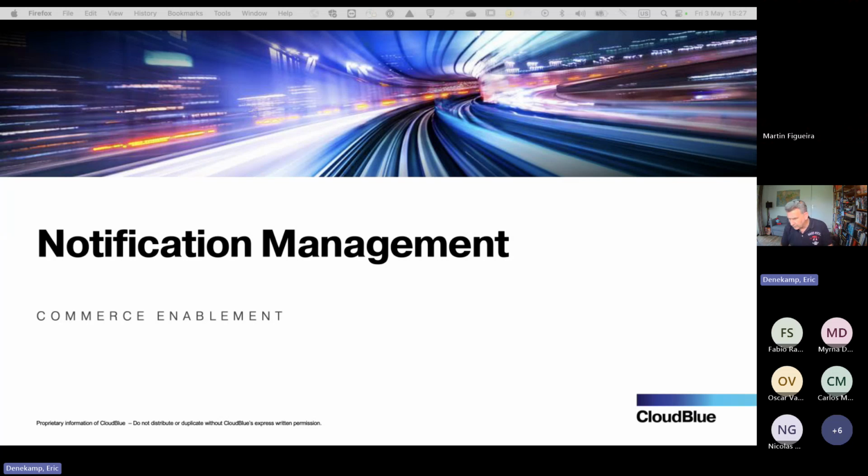So there's a lot possible when you look at all the capabilities of the platform, what and which events you want to notify your customers, et cetera, et cetera. So notification management, from my perspective, is the heart of, let's say, the relationship to your customer and their subscriptions. You want to send out notifications when their subscriptions are about to expire or are about to renew, right? I mean, those are two different things, but